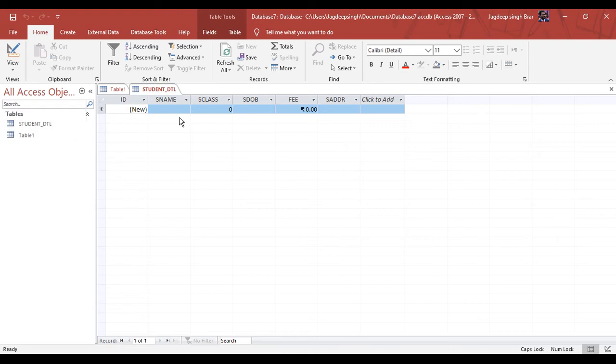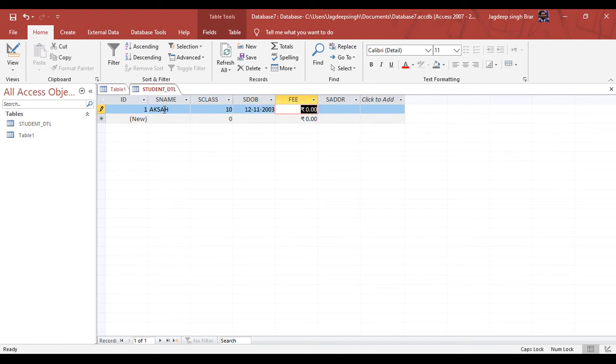Here we have datasheet view. As we described the column names, you can check here all the columns are the same. First one is ID, student name, student class, date of birth, fees, address. So just enter a few pieces of information in this table, like Akash, class 10th, date of birth for example 12, 11, 2003.